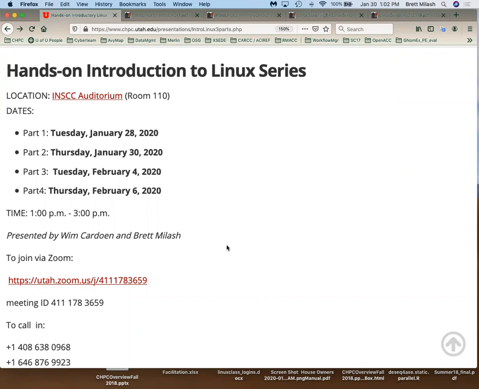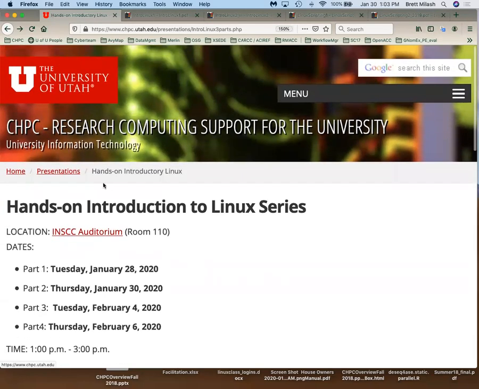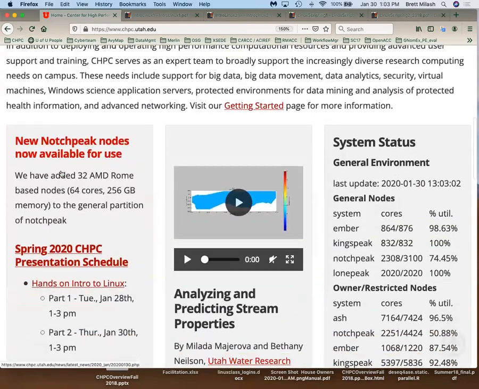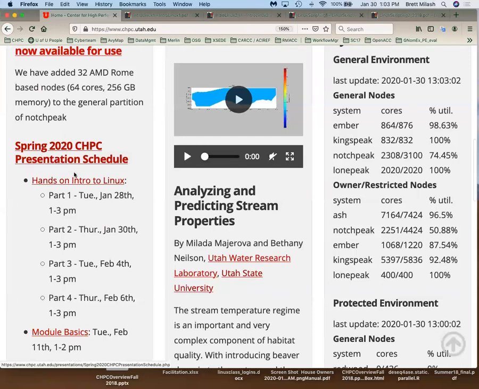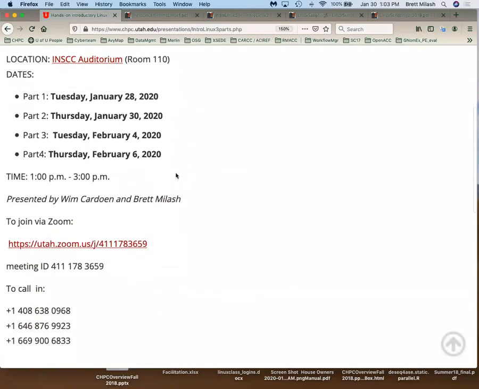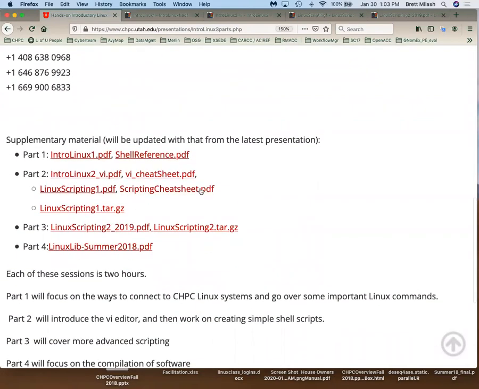So for our class today and also for next week, we'll be using a machine here at the CHPC named linuxclass.chpc.utah.edu. And here on our CHPC webpage, if I go back to our home page here, we scroll down on the left-hand side of the page, there's a link to our hands-on intro to Linux class. If you click that link, that brings you to this page here. And scroll on down, and we have 2 links up here,